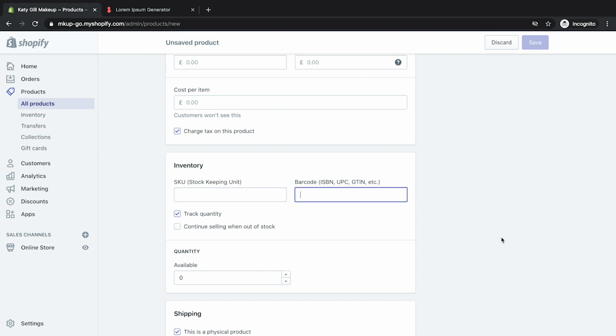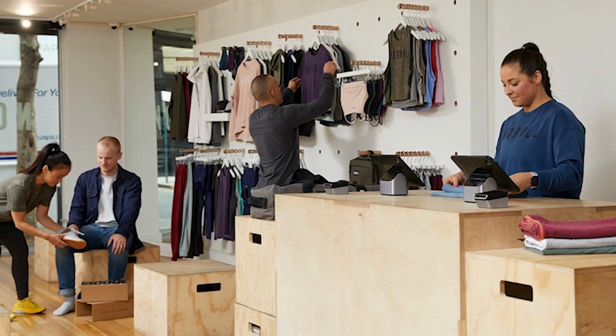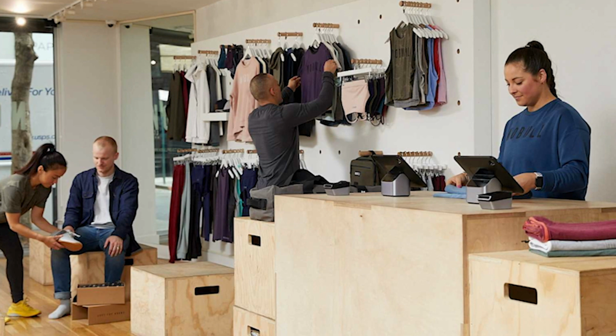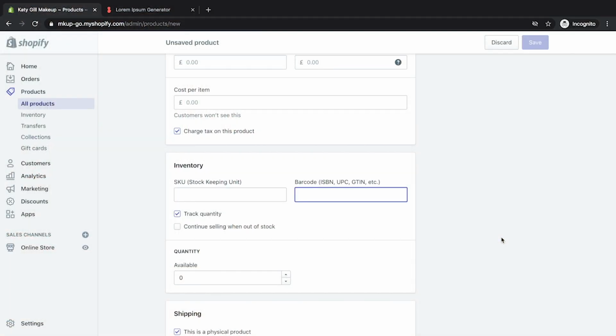Just so you know, Shopify also sells till systems. So when you walk into a store, perhaps you've got an online store and you've got a physical store located somewhere. What Shopify do is they'll send you a till system when you upgrade your subscription, and you can take payments in person via card, and it all comes back to the same system here. So it's one central place for your online and your physical. But for now, don't worry about that.